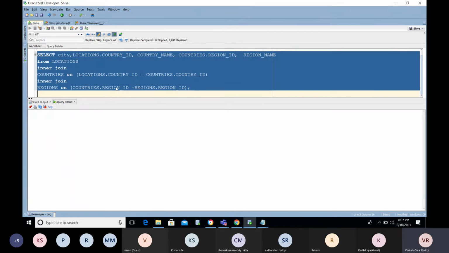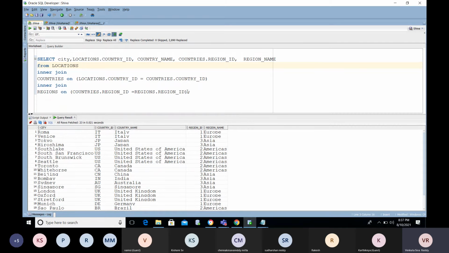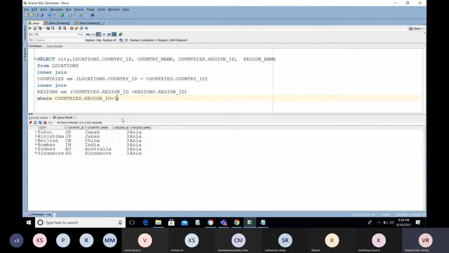I put the join here with all these queries. What I said, I need the region ID for 3 only. So I need the data for region ID equal to 3. Now I have the 4 countries here. What are the countries I have? What are the cities I have? Now I have the details.